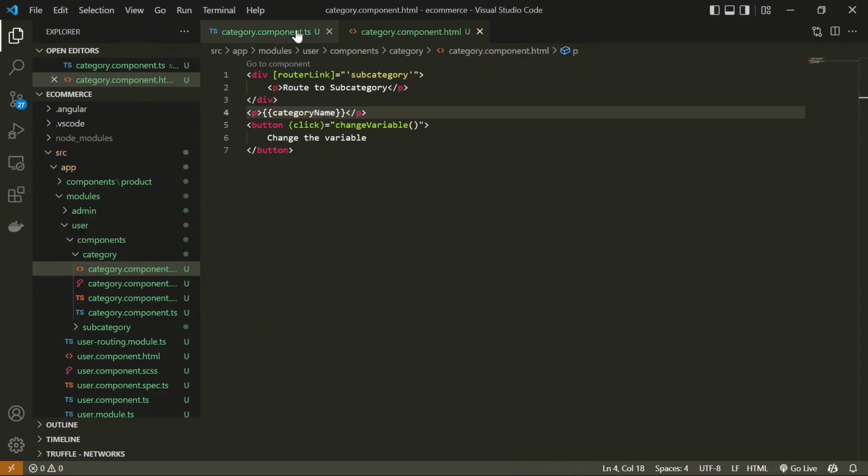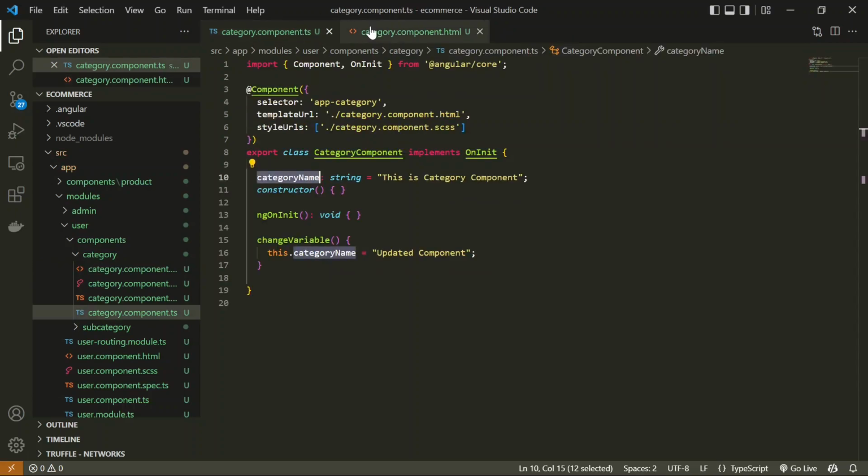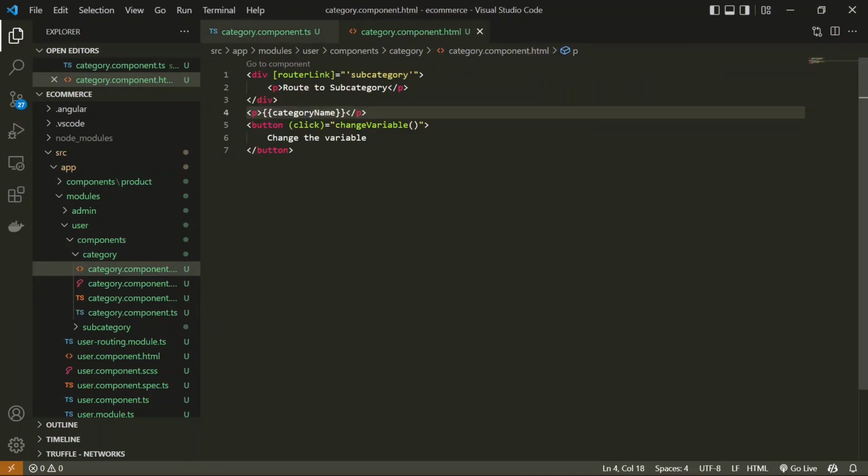Now let's create another component which we will add as a child component to this category. So what could be a child to this category? It will be a card. In any e-commerce, you can see that the categories are shown in the form of cards. So we are going to create a component named card, and we are going to use that card in here. Card component will be common to all the modules. So we are going to create that card component in this shared components folder.